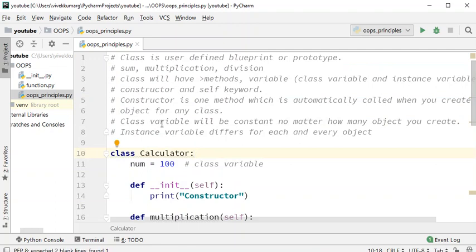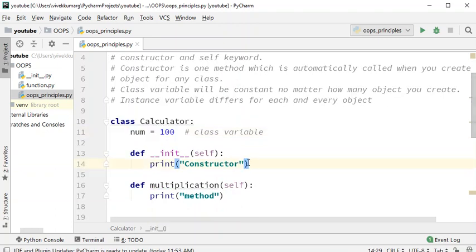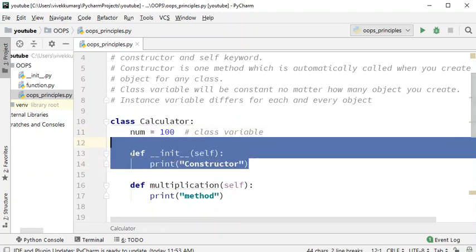Now let us understand class variable in detail. Guys, whatever variable you define immediately just after your class is called a class variable. And the variable you define inside the constructor is called an instance variable. You got this, right?